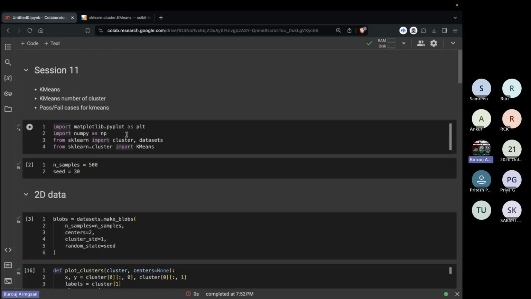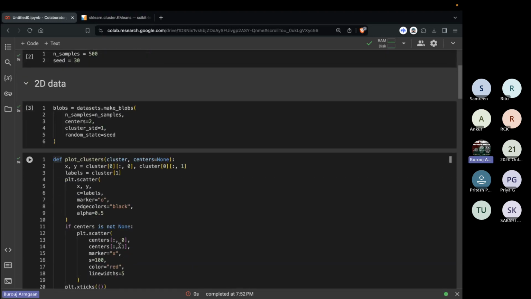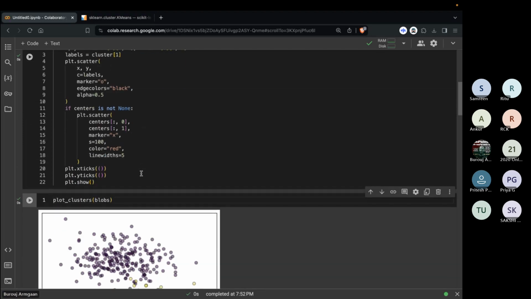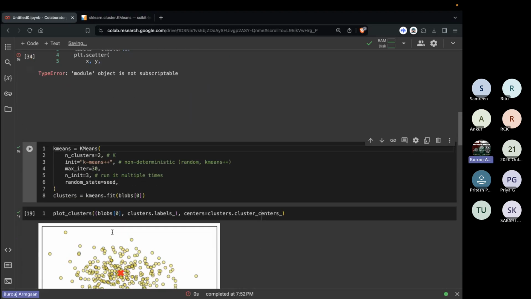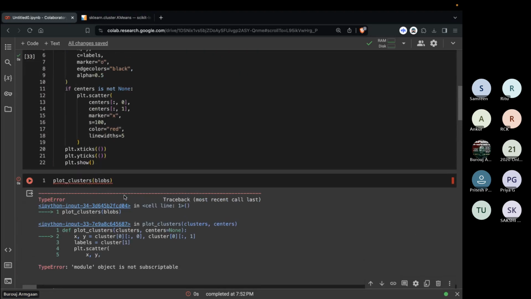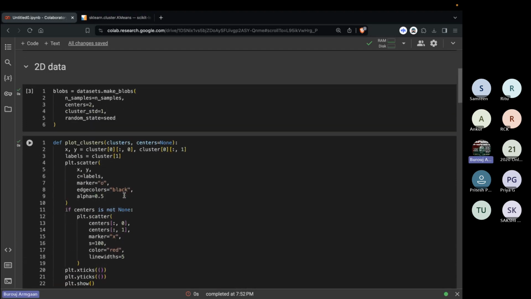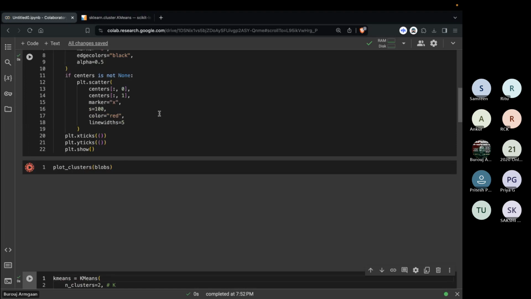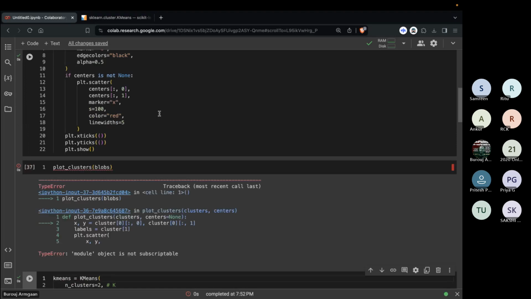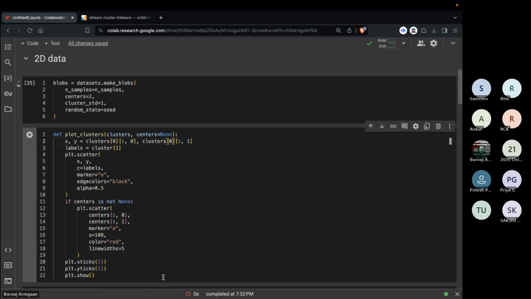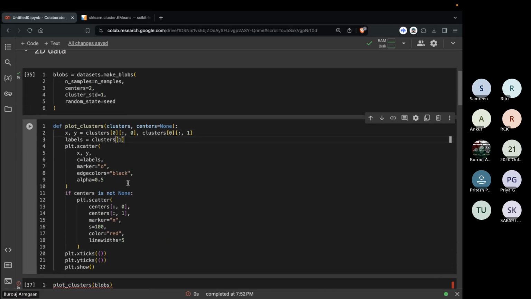CLUSTERS. Don't we have clusters? The cluster. So this remains the same. Module object is not subscriptable. But oh, mm,